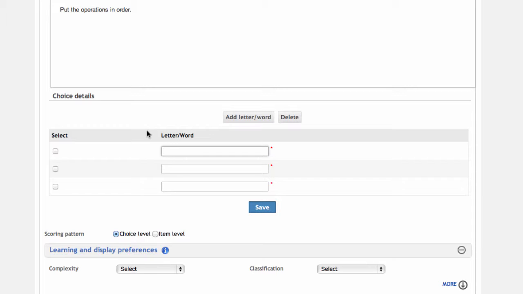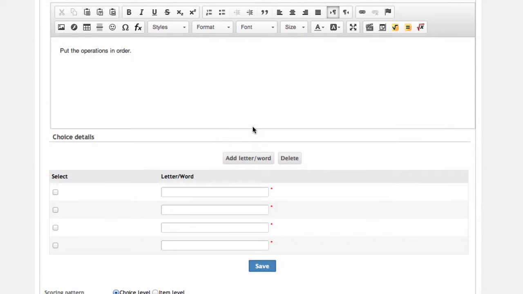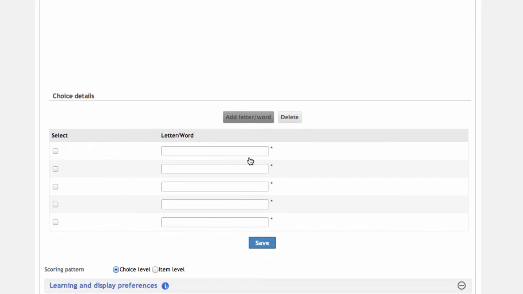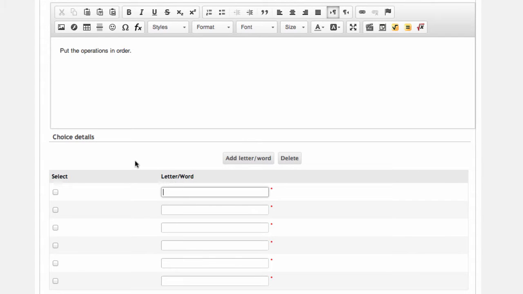First, let's create 3 new fields by clicking the Add Letter or Word button. Since the order of operations follows the mnemonic PEMDAS, we'll put the parentheses in the first field. We'll put exponents in the second field,